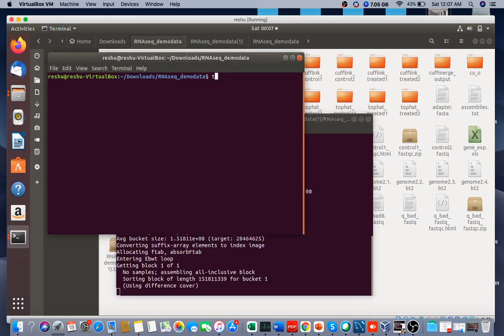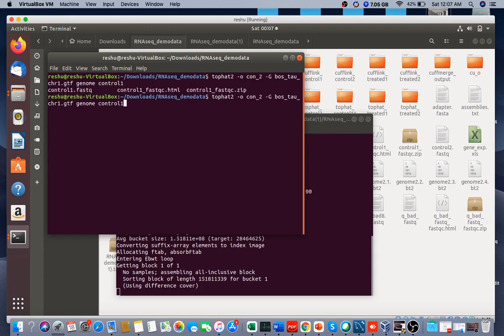So now you can run the TopHat command here, which is tophat2, then the output file name, which you can give whatever you want. Let's say con_2, then type -G, then your annotation file, which is this one. Just press the tab key, you will get it here, type genome, and then you can type control 1 dot FASTQ. Just run it.